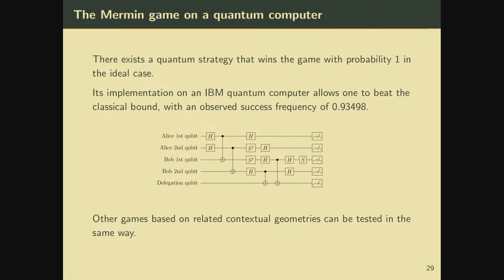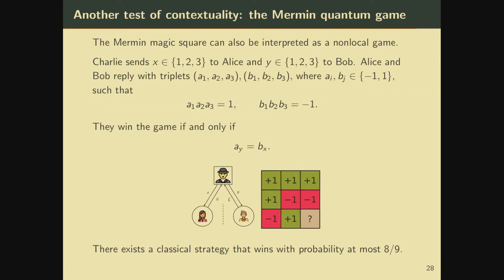one variation of this game, which is called the point-line game. In this variation, instead of asking Alice to send back a triplet, we just ask Alice to send one value, and this value should satisfy the same constraint. So in terms of geometry, Alice should give the result of one observable, and Bob should give the result of one line. And of course, the observable of Alice should be on the line of Bob and should match with the